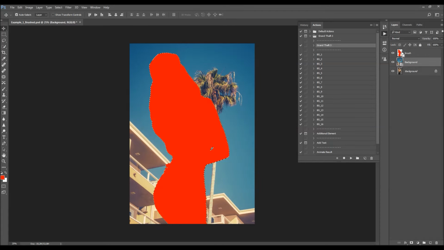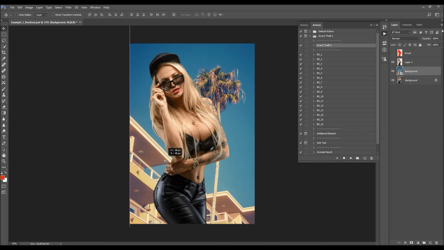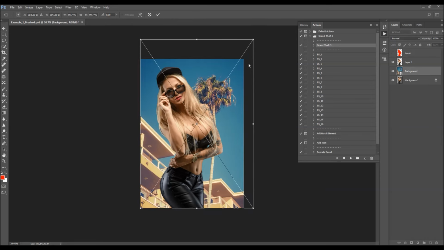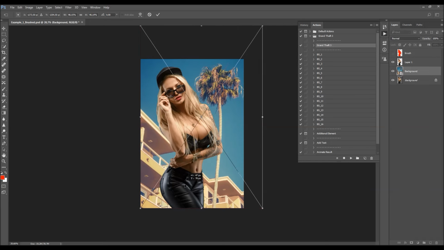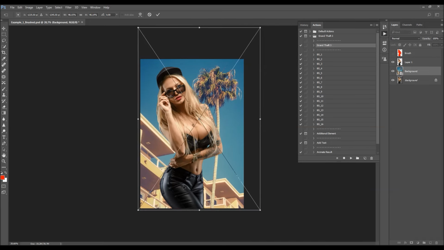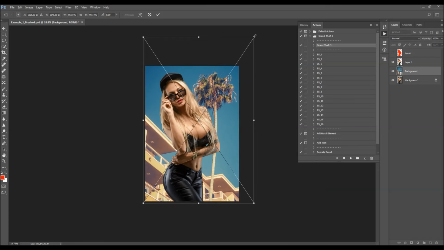Then Control or Command click on the brush layer thumbnail to make a selection of the brush layer. Select the background layer and press Control or Command J to create a new layer using the selection. Then drag this layer above the photo layer and hide the brush layer. Alright, so now I'm just going to make some final changes to this photo. Alright, so I'm just going to place it